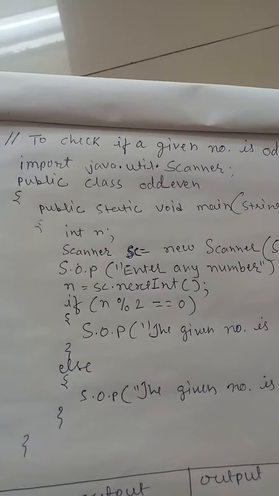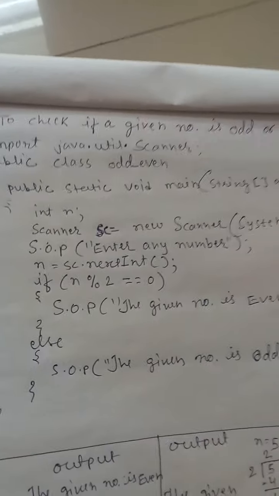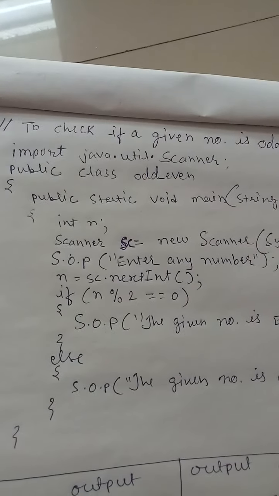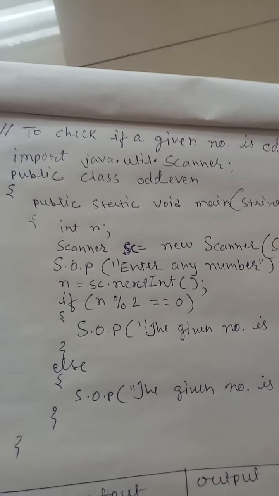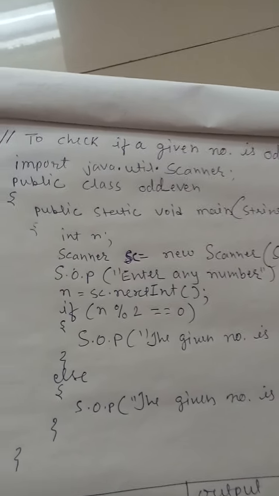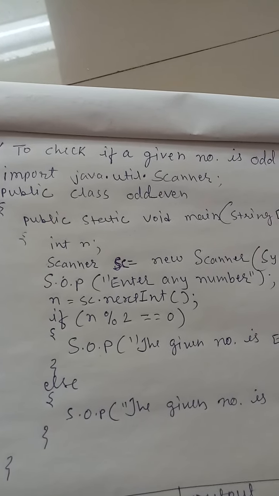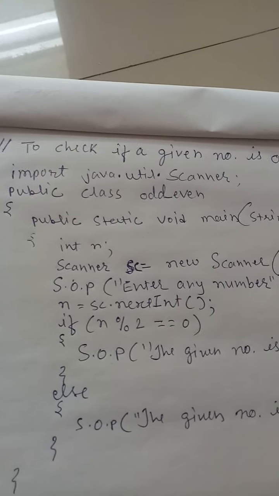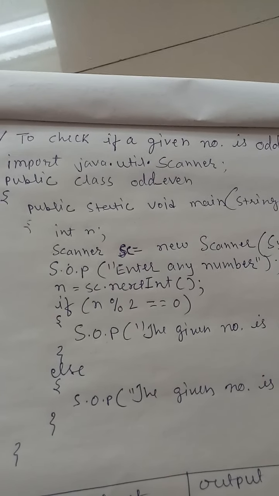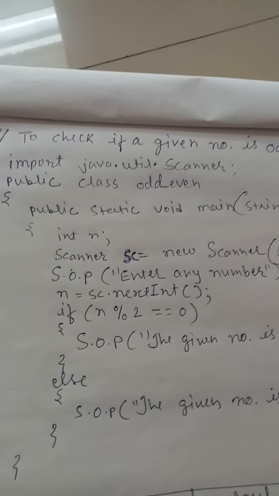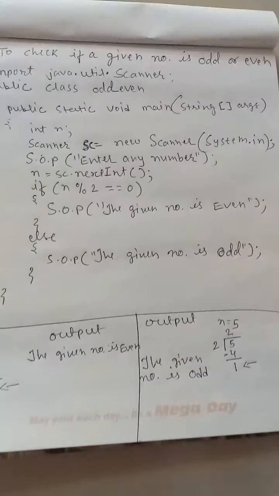This is the program related to the scanner class. As I know, you all are having lots of problems with the scanner class. So yesterday I taught you simple programming, and I hope you all know how to do simple programming with static values. But here I am using the scanner class. Now again I am repeating what the use of the scanner class is. We use the scanner class to take a value from the user, meaning for the variable you will take the value from the user.